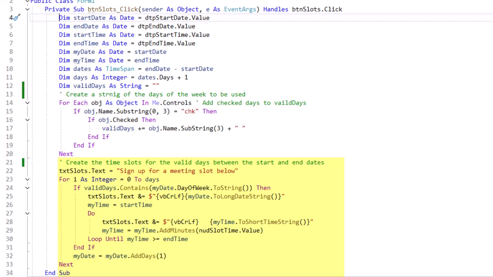In txtslots.text, I'm going to set the text equal to "sign up for a meeting slot below." That'd be our first line. And then going through a loop for I as integer equals 0 to days. So in this case, we're going through 15 days, a 2-week period plus an extra day. If valid days, that was my Sunday, Monday, Tuesday, whatever as far as it was checked, if that contains